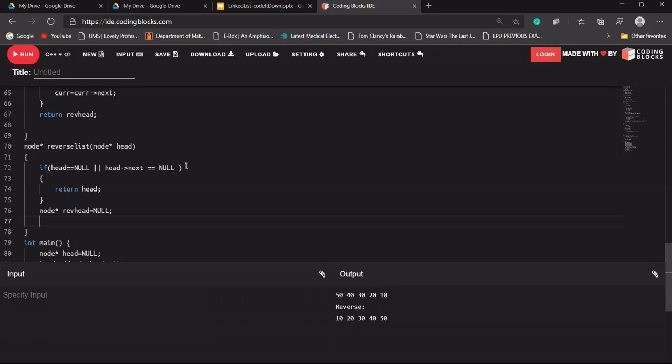We need to keep track of that head only. Okay, is that clear with everyone? So what we'll do, we'll check while head is not equal to null.